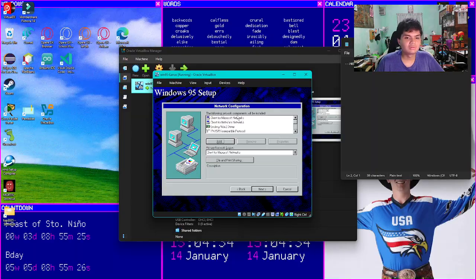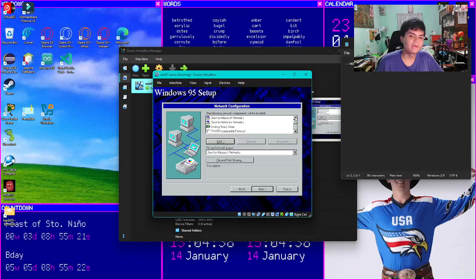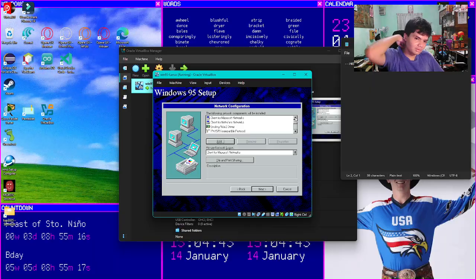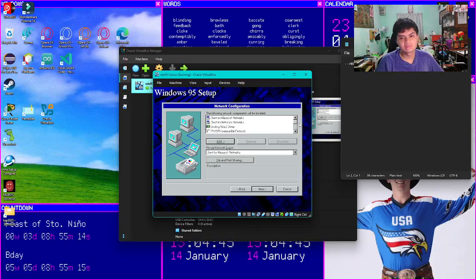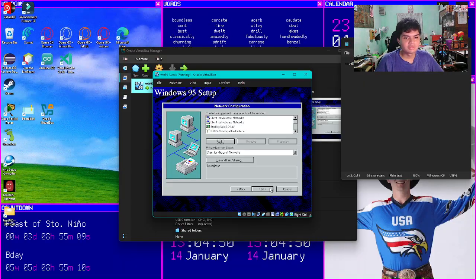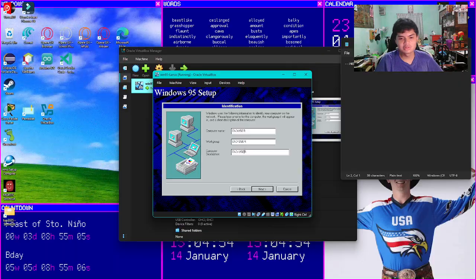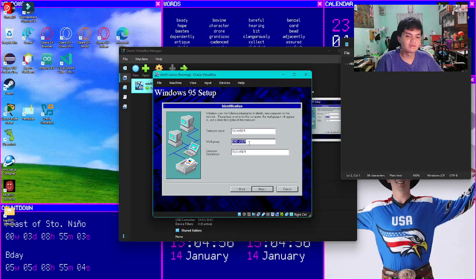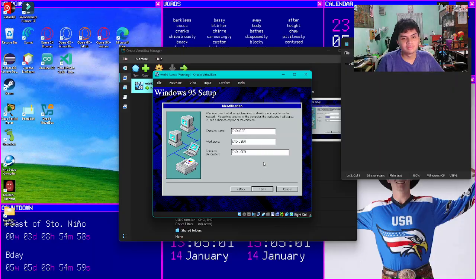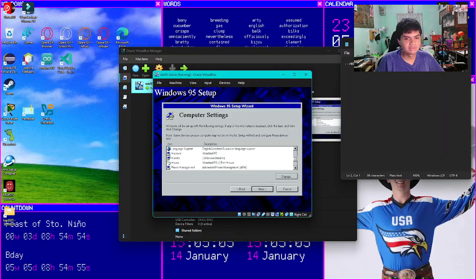So back then you needed to know what driver you're using, and you needed to install it manually. But now in Windows 95, there is an automatic setup to check your drivers. So just press next, and again you can change the computer name, workgroup, and computer description. But since we're using an unethical copy, we're using end user as our name. Then press next. Now it has a summary of all your hardware, and you can now